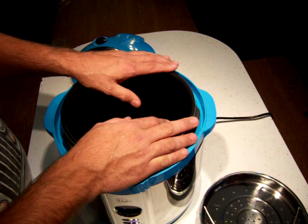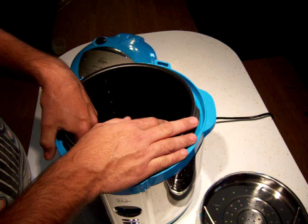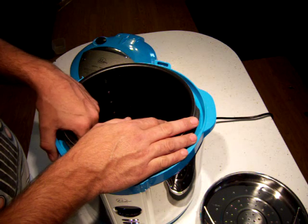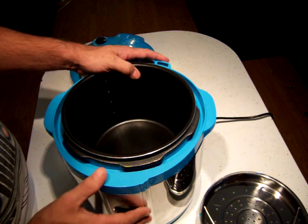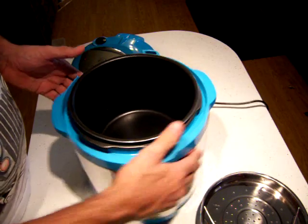I think stovetop models you can go up to 15 psi. I think this Wolfgang Puck, if I remember what I read, goes up to 14 psi, which is a pound or two more than a lot of the other electric pressure cookers. I'm hoping I'm right on that. I'm pretty sure I am. Okay, now